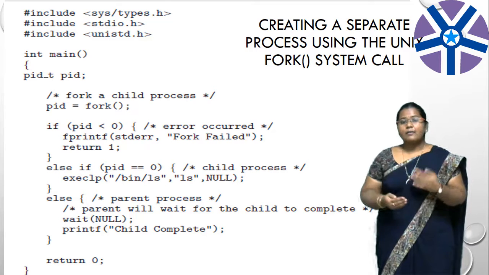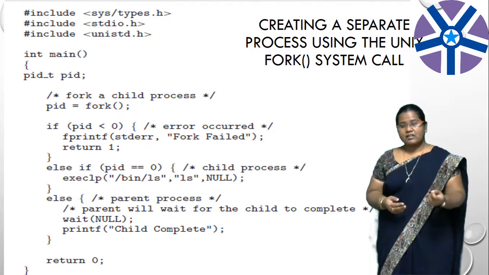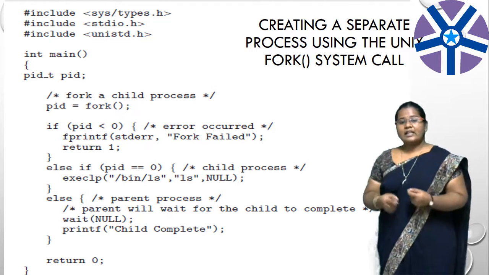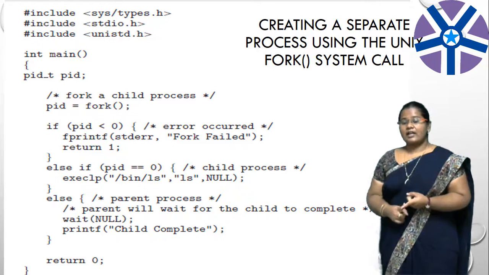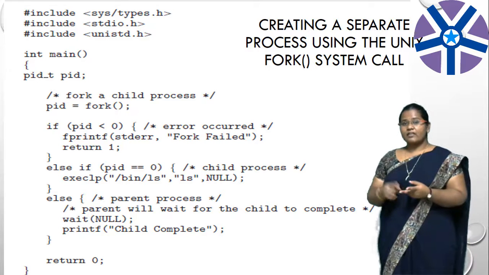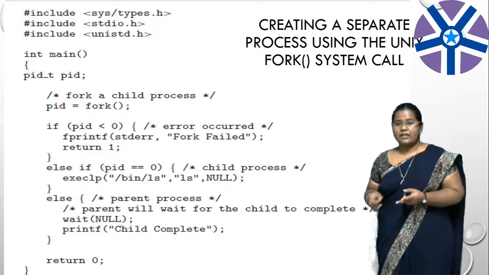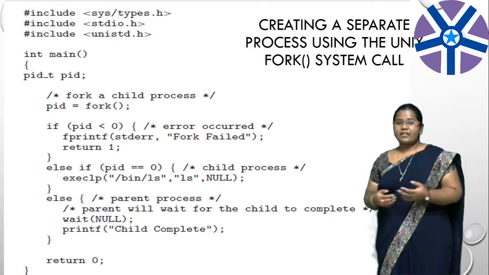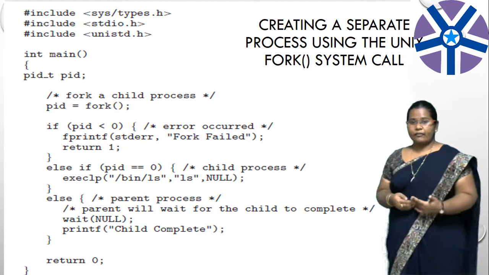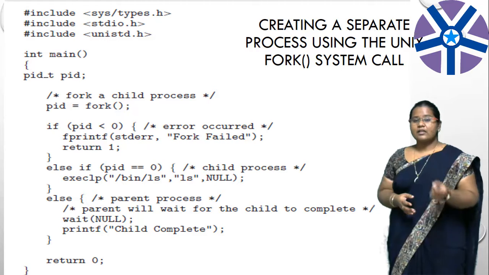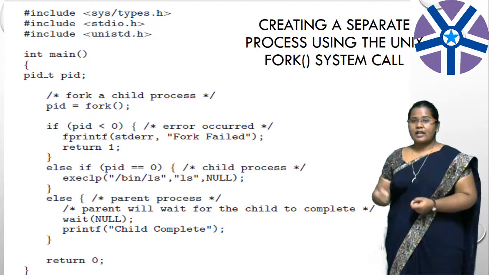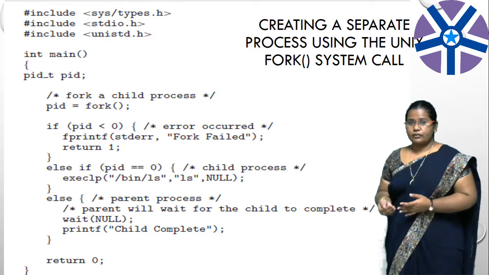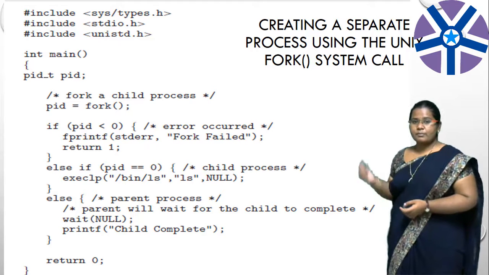If the fork system call returns a positive value, it indicates that the child process has been created and the parent process is waiting for its child to complete its execution. And if it is less than 0, a negative value, then we can consider that an error has occurred in creating the child process, so that the error can be notified to the user. You can observe that in the code.